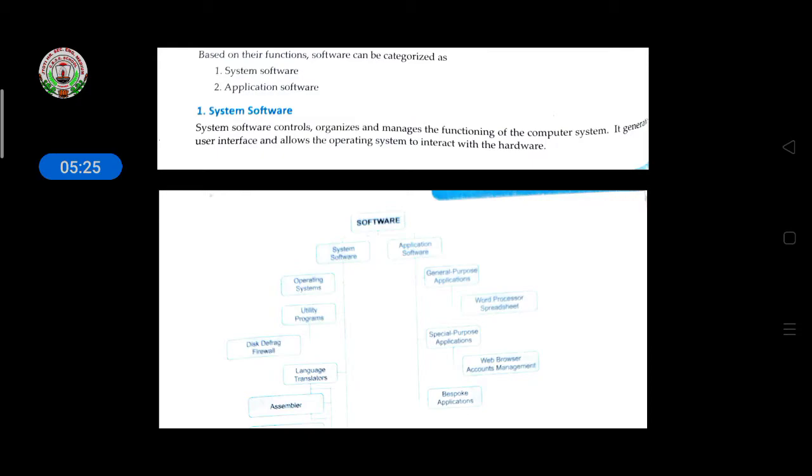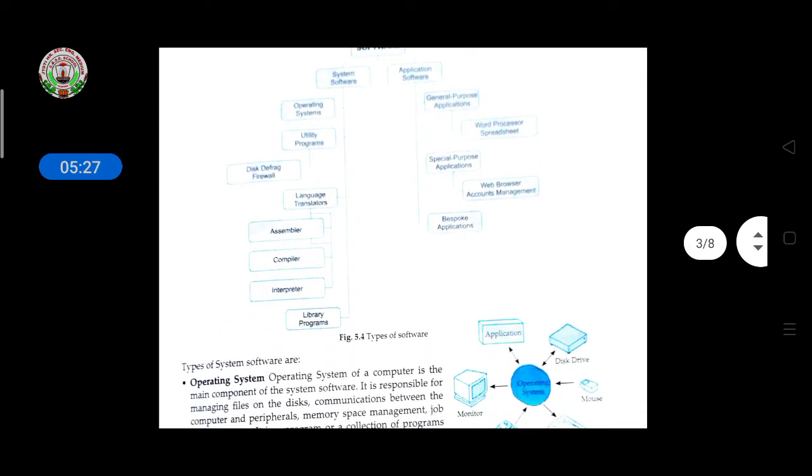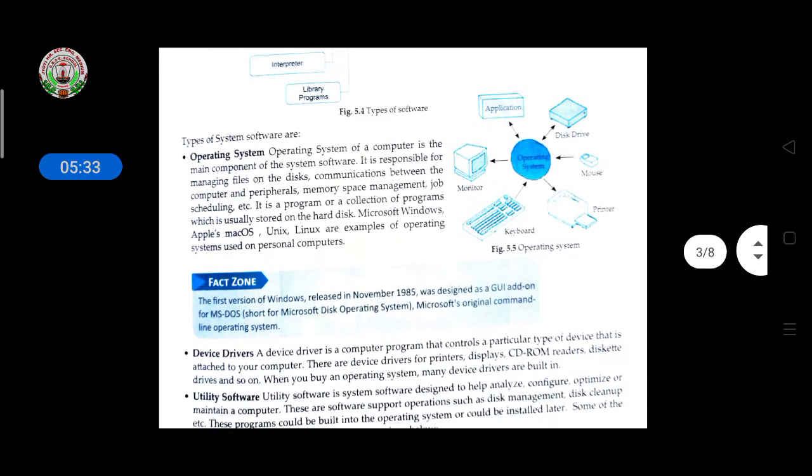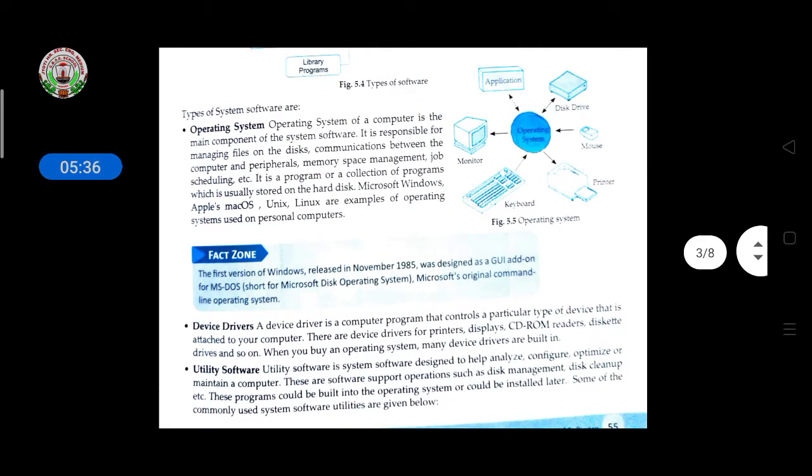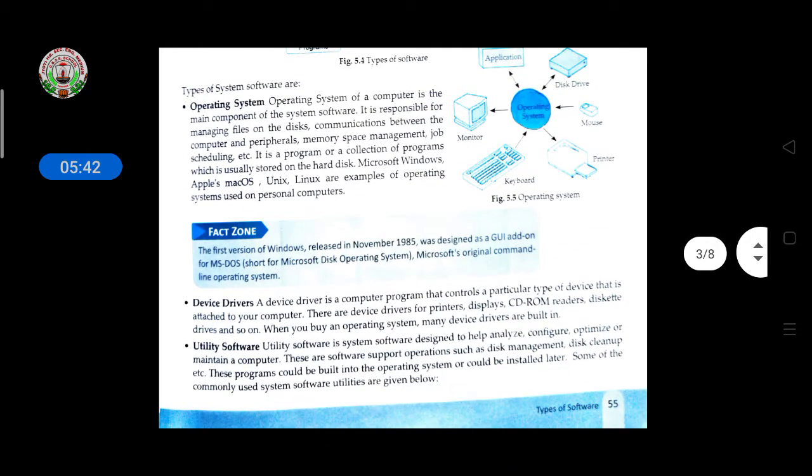System software means we have hardware, and we have to install software for that hardware in our computer. After that, the hardware will work. Without that software our hardware will not be able to do anything. So if you have a keyboard, mouse, monitor, printer, or speaker, we should first install their software in our computer, and then afterwards they will all work.